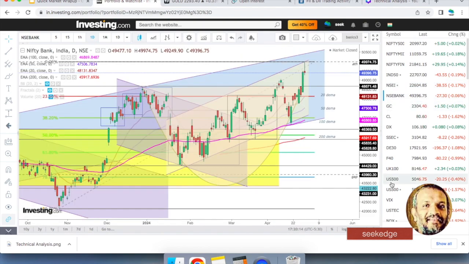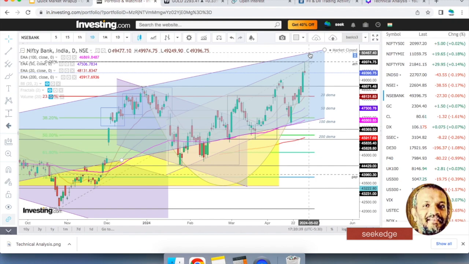Now for the Banknifty, it had already broken out. There is a cup or a rounding pattern breakout that has happened, and if that turns out to be true, then the moves can be really big. Exactly at the top of the trend line channel is where the reversal has happened, and if it breaks out from here, it could go as high as 50,500.